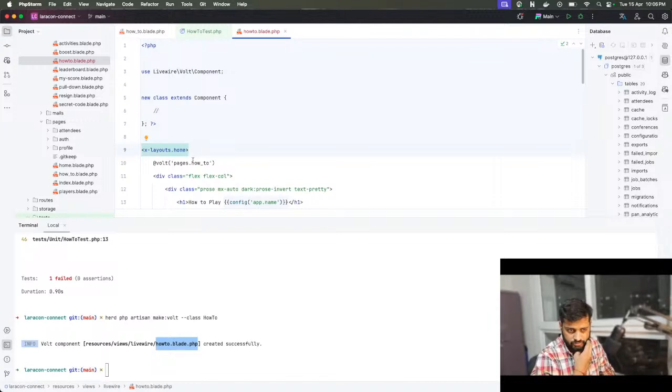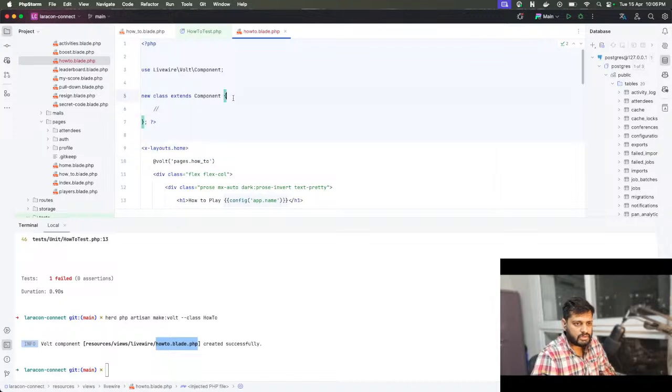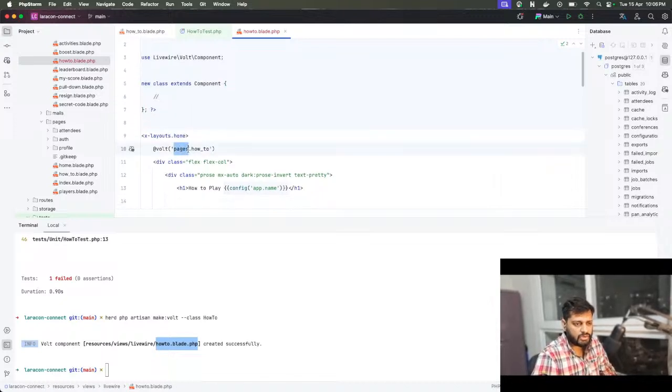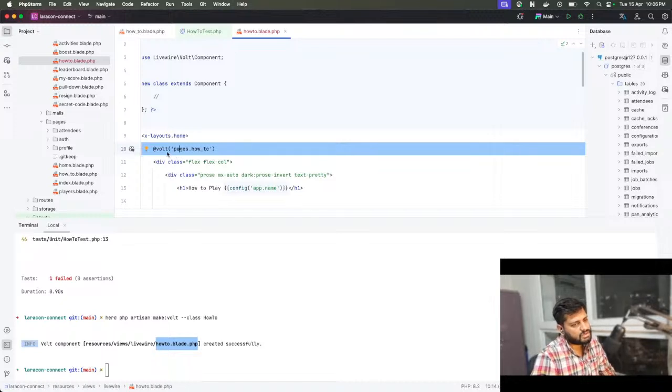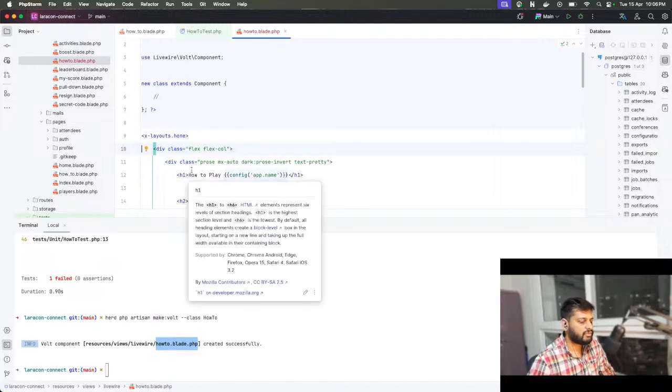Now, the name, title, how-to, pages, this, is this still required? I think no, right? Because when we remove,